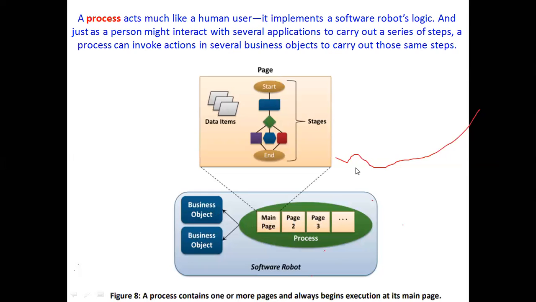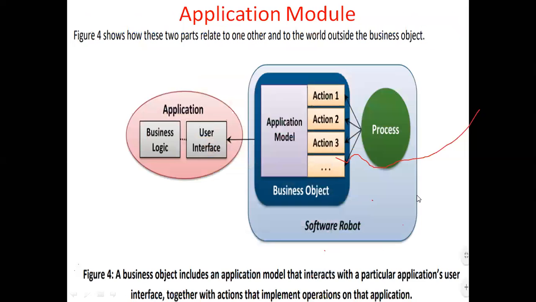As we are talking now, just 4-5 actions, you don't need this much complexity, right? So if you want to just launch the application and log in, one business object is enough, one page is enough, but the procedure must be followed. You will create a business object and you must keep it in the process, then you have to run the process.